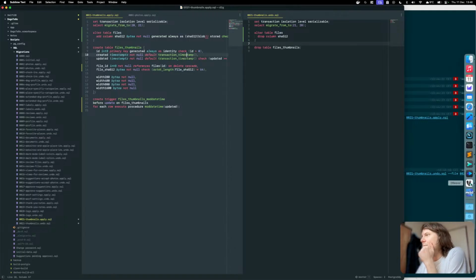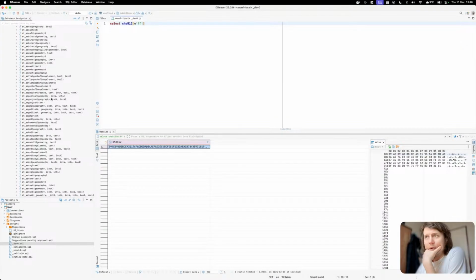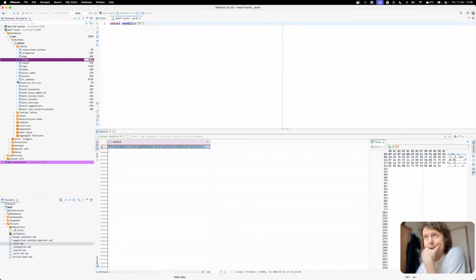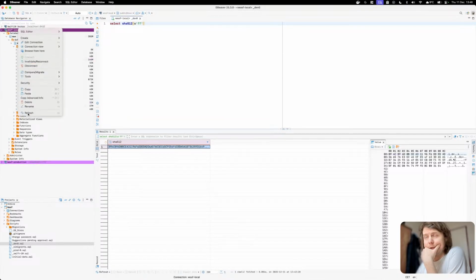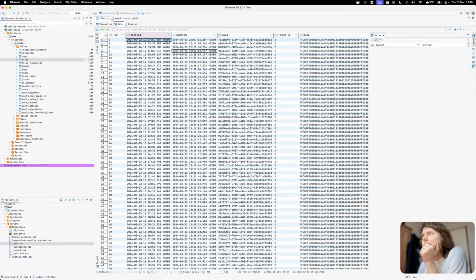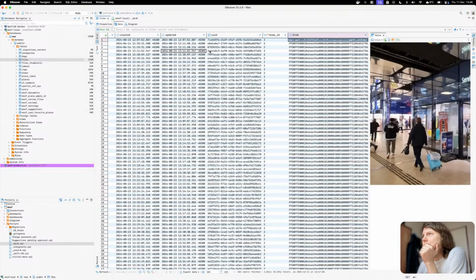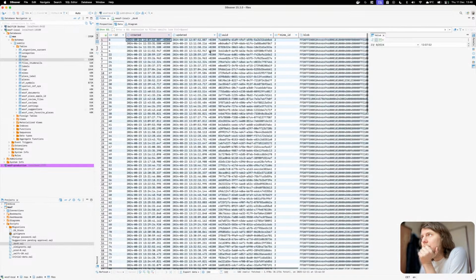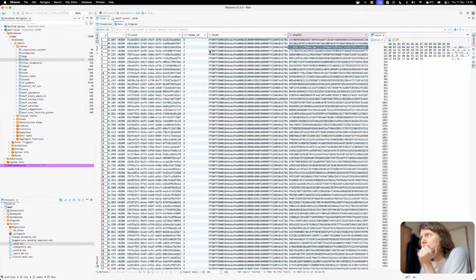Okay, so now in our files table we should have a hash. Okay, and